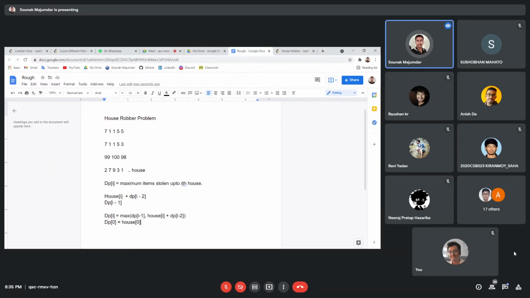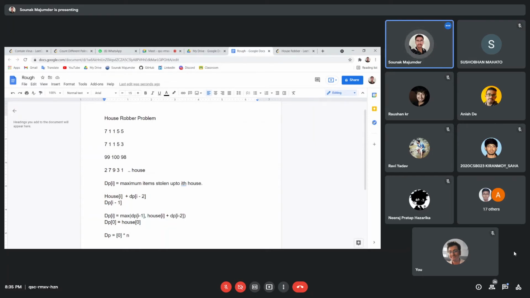So one thing is that the DP is an array, from 0 to the number of houses, say n. So DP here is a one-dimensional array. Since we are using a one-dimensional array to solve this problem, we'll call it a one-state DP.